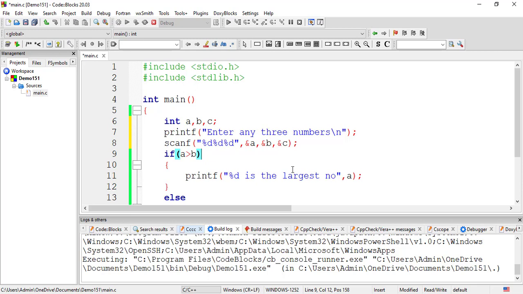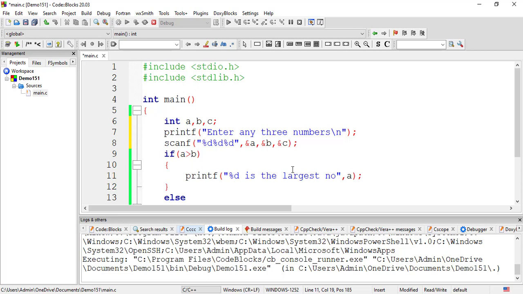In other case, after comparing A with B, it's possible that A may not be larger than C. In that case, because A is greater than B and A is not larger than C, that means C is going to be the largest, right? So what I will do is, here we call it nesting of if statement. Nesting यानी कि एक if के अंदर आप दूसरा if भी डाल सकते हो. Inside one if you can put another if.